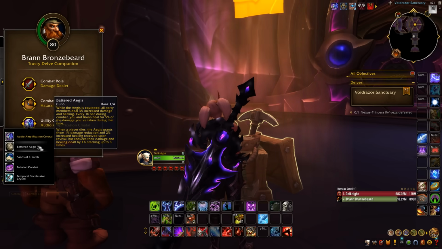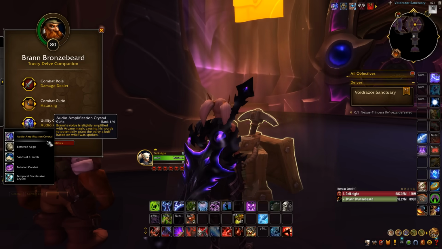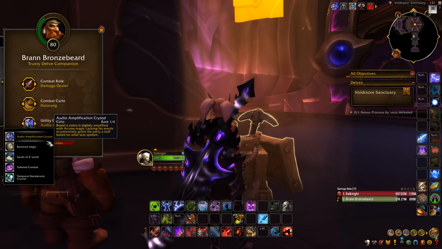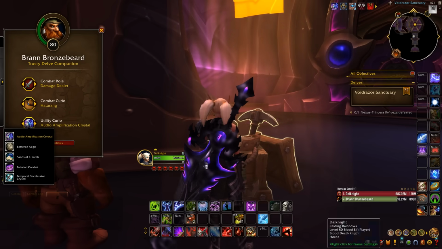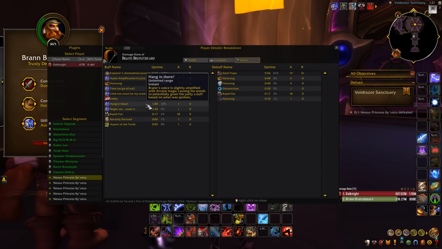None of them really seem that fitting for this fight, especially someone like Sands of Koresh, but I found Audi Amplification Crystal kind of okay. Every time Brand says a voice line, he can either empower you with a damage reduction or a damage amp or any variety of different buffs based on the words that he says. And the uptime of this buff was decent enough in my opinion where at least you get some value out of it,